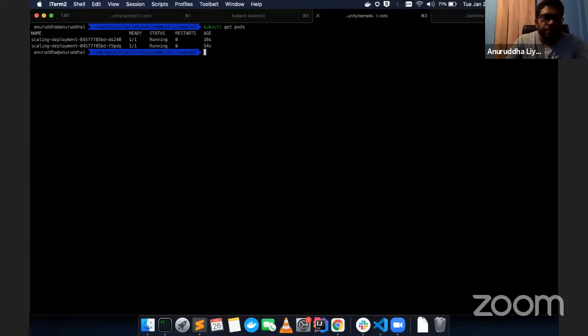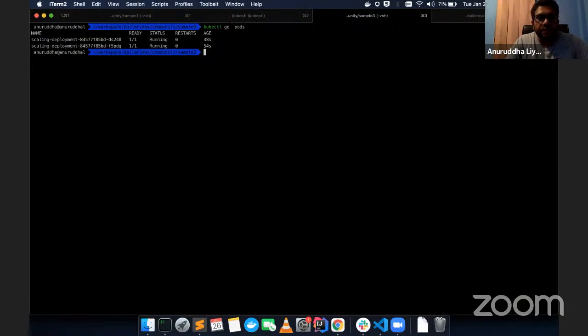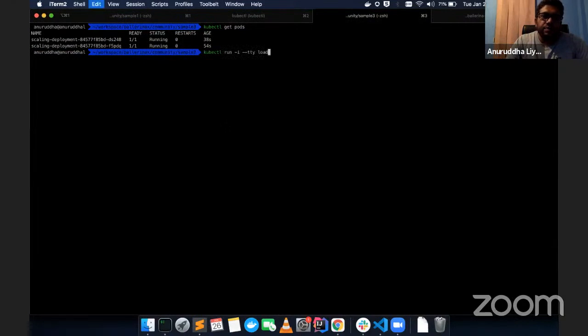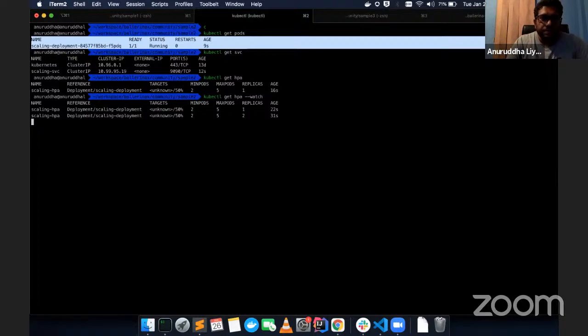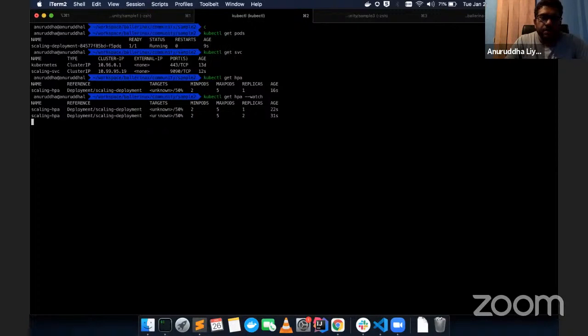Once the metrics are available, we have this command which invokes this API rapidly and increases the CPU usage of this pod. Let me run that one. Let's wait for the first metric to be published.